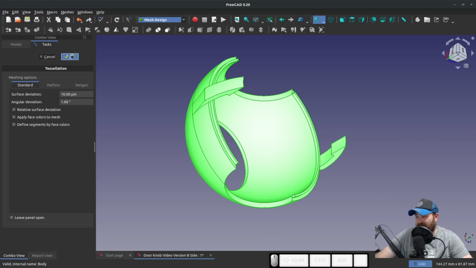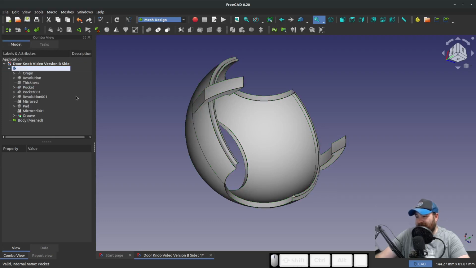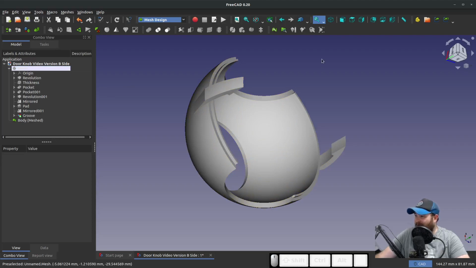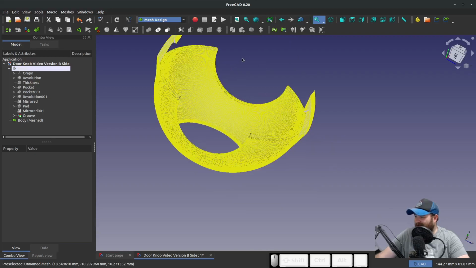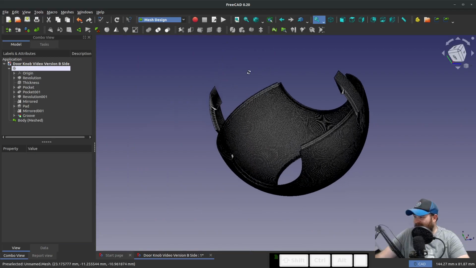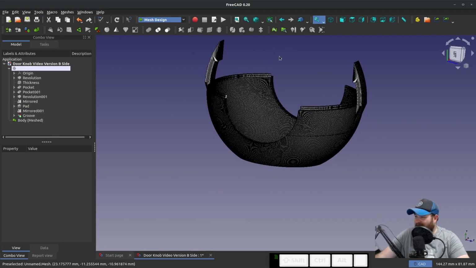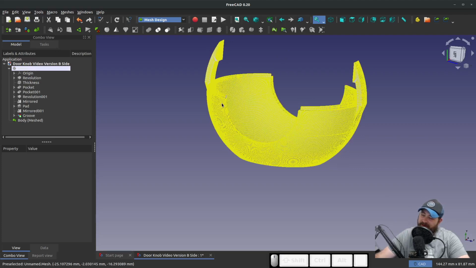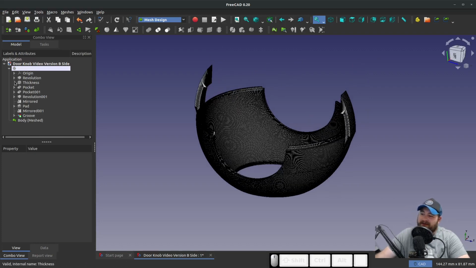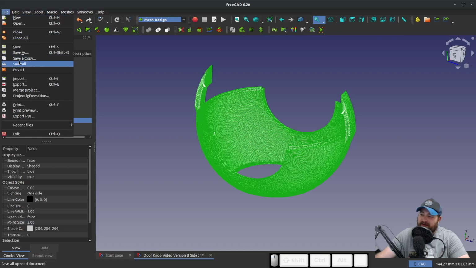And with these tighter meshing parameters, we're going to generate a mesh body that we'll be able to convert to STL. So I'll click on my body, hit the space bar to hide it, and then with my mesh body, I will go to flat lines, and you can visualize how tight our mesh is. If you have a mesh that is smaller than, say, the tolerance on your 3D printer, you know that the mesh isn't really going to be a factor in the quality of the print. So I like tighter meshes, and we can simply select our mesh body, do an export,